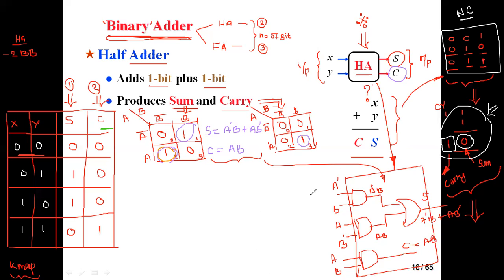Then one more important thing. Please listen. This can be replaced. That means this expression can be replaced by using an exclusive OR gate, a XOR gate. So if I give the inputs A and B, this expression is equivalent to A XOR B. This we already discussed in the first unit, logical gates. Please refresh once again.